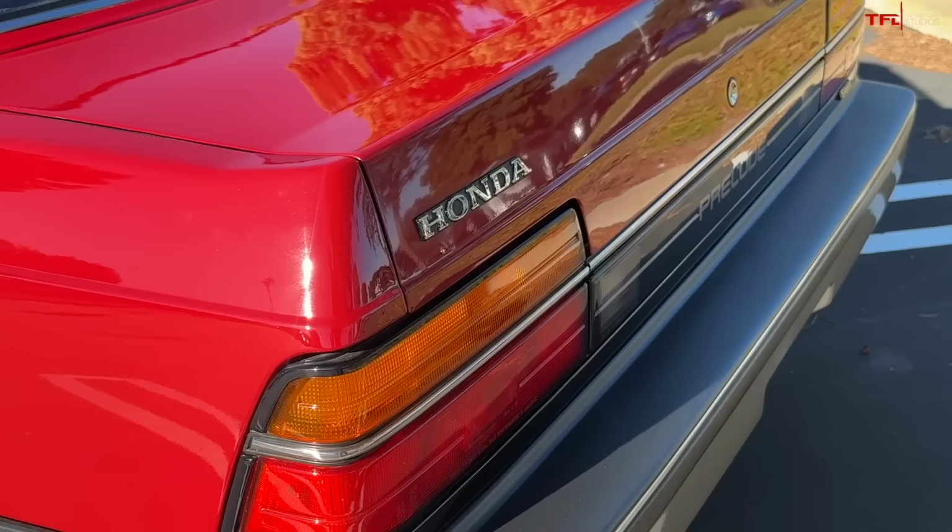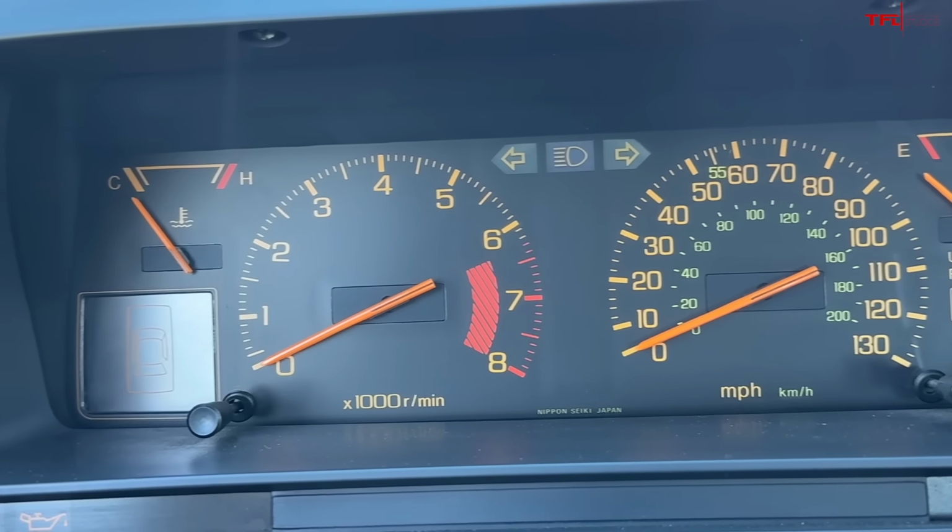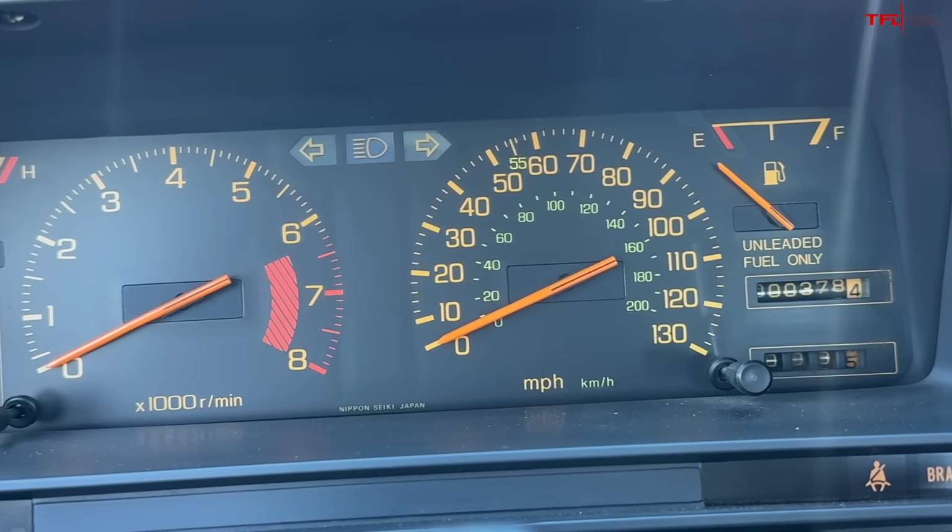Imagine if you had the opportunity to drive a brand new car from 1983. A car that has never been sold, a car so fresh it has just a few miles on the odometer. Would you take that opportunity? Well, you'd be kind of dumb not to, and that's exactly where I find myself today, sitting in front of